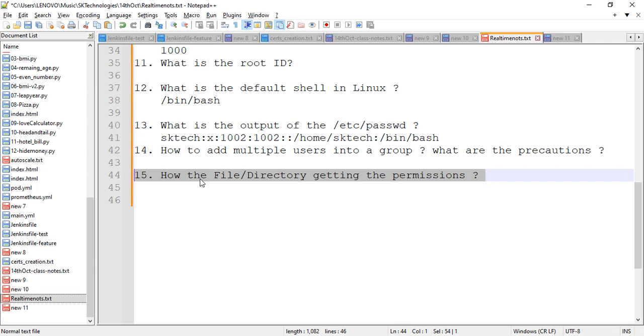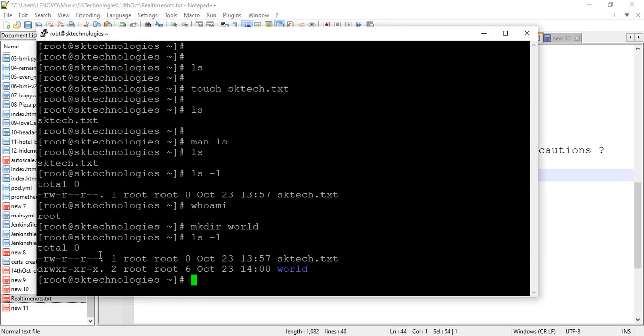So here this is the file, this is the directory. If you observe carefully, the first character is showing as a hyphen, and for this directory it is showing d. It means